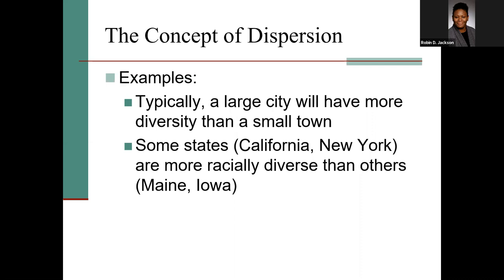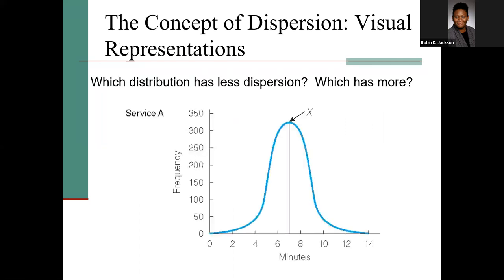Let's say you looked at Huntsville, Alabama, okay, or someplace like that. A smaller city is going to have less diversity and less variation than a larger city. Same thing with states. In this example, we look at California and New York versus Maine and Iowa, okay? All right, so